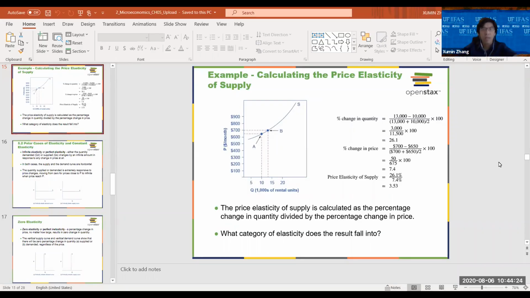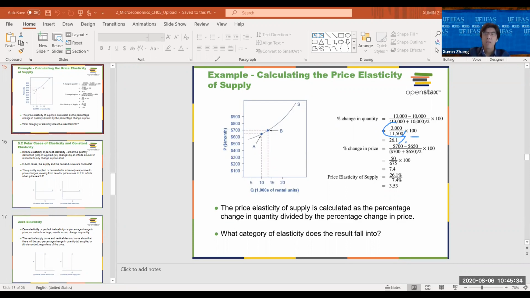Let's take a quick example of calculating the price elasticity of supply. Calculating the percentage change in quantity, in this case, is 13,000 minus 10,000, the difference between point A and B. Then we find the middle point, which is, let's say, 11,500. Then we multiply by 100 to calculate the percentage. So the result is